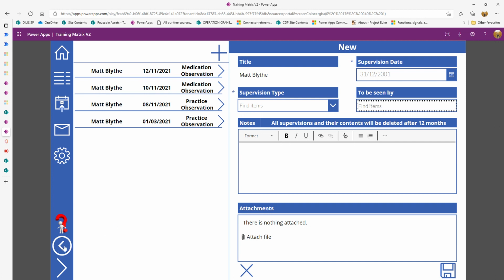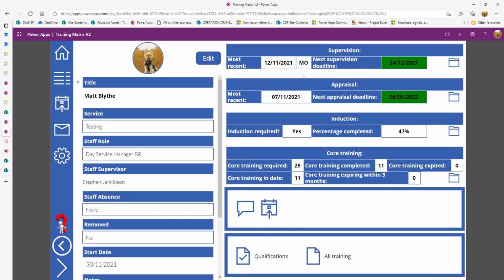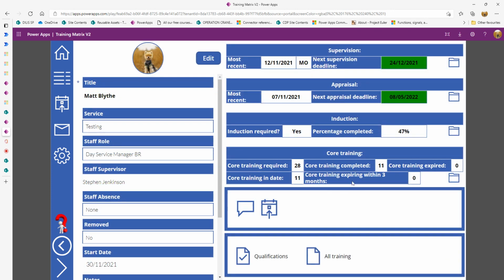So I'm going to click on the back icon in the bottom left of the screen there. And appraisals are exactly the same as supervisions, so we'll skip over that one. Induction, exactly the same as the previous matrix, just record a date against it, click save. If you're unsure whether you've made a mistake, click X and that will clear it all and reset it all. But we're just going to jump back for now by clicking the back icon, go back to the screen and